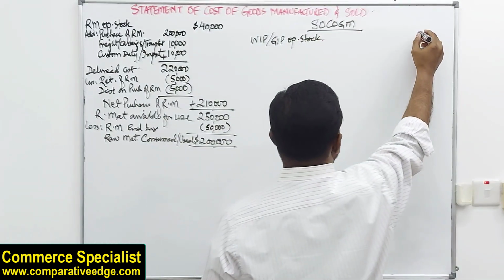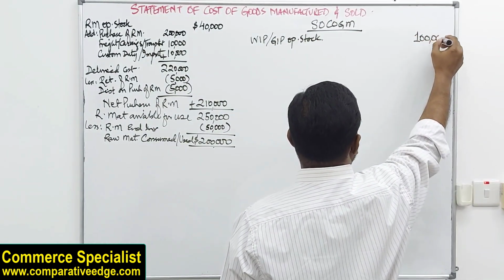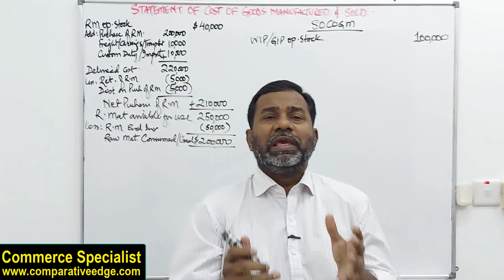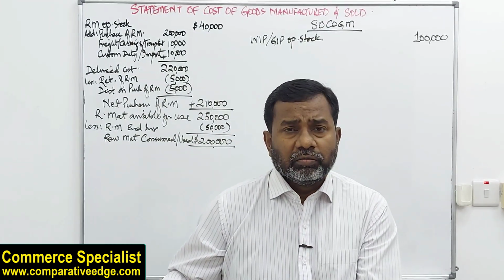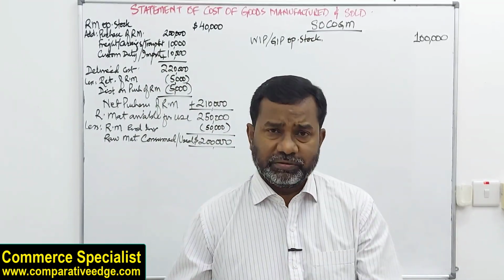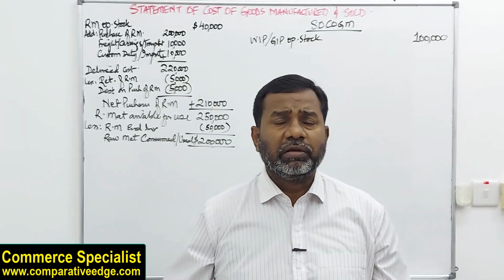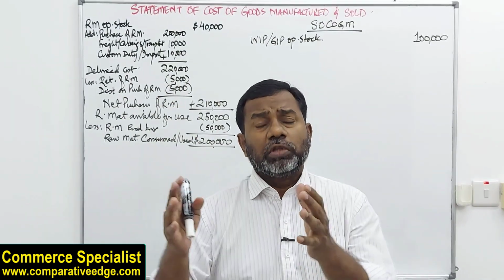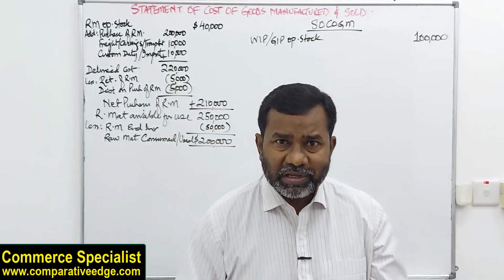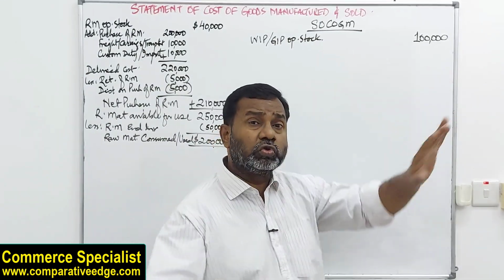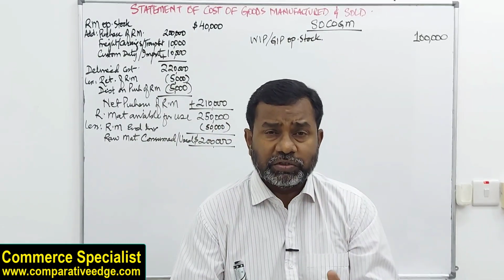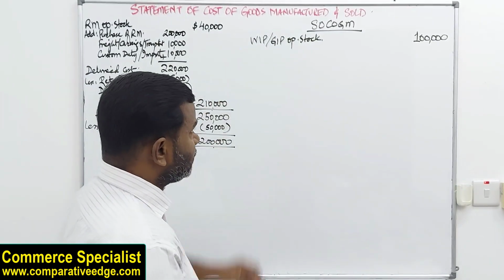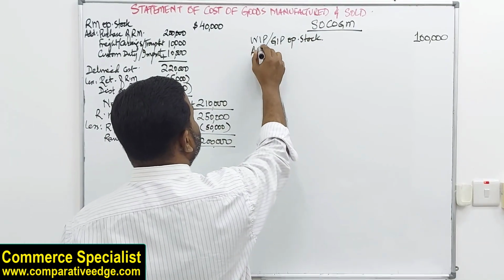So I'm just assuming this to be 100,000. Now what is meant by work in process or goods in process opening stock? This means last year we could not finish some orders. We started manufacturing, let's say 10,000 tables, 8,000 tables we were able to finish, 2,000 tables were still in process, and this is the amount which we have spent on those 2,000 tables which are still in process, not yet complete. Alright, so we start off with work in process opening stock, then we say add